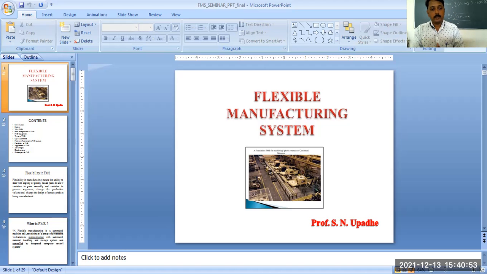Determining whether a flexible manufacturing system is the best production system for your company. Suppose your company is from Solapur and you want to implement it, then you have to see the different things that I have already discussed about how to select FMS. Okay, now it takes a substantial, you can say a very experienced person to implement an FMS type of production system, because it comes at a very high cost. So in that case, it is very important to decide whether it is required or not.